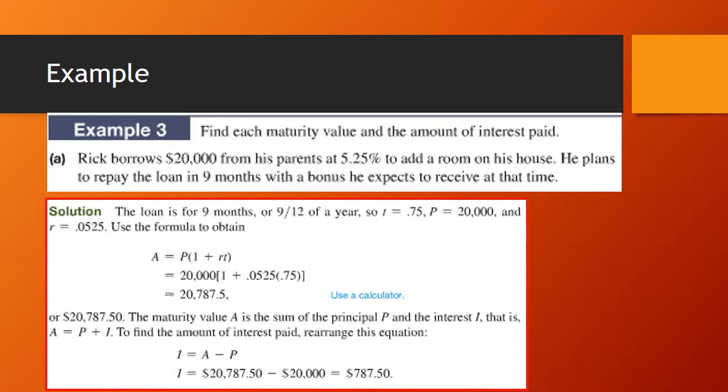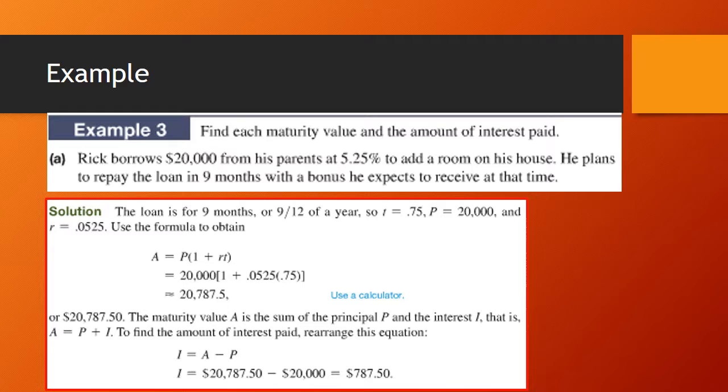Okay, putting our numbers in, the principal is $20,000, the rate is 0.0525. The time is 9 months, so 9 over 12. Put those numbers in, which is 3/4, so 0.75. Put those numbers in the formula, and you find that at the end of the time period, he is paying his parents